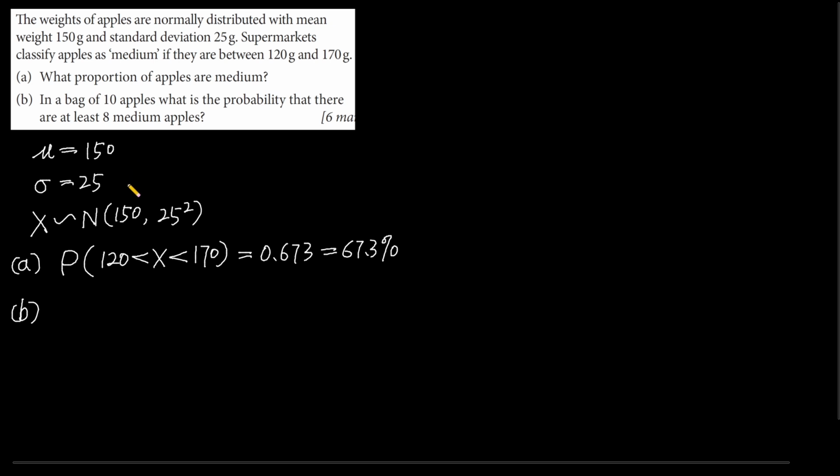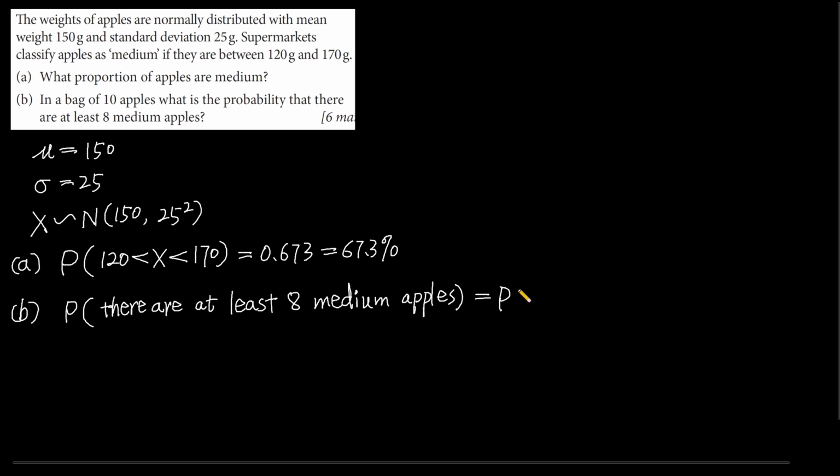Now question B. It asks, in a bag of 10 apples, what is the probability that there are at least 8 medium apples? So at least 8 medium apples. It's possible that there are 8 medium apples or 9 medium apples or all 10 apples are medium. So the probability that there are at least 8 medium apples equals the probability that